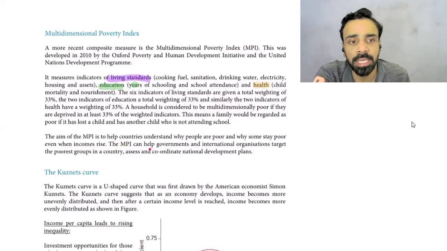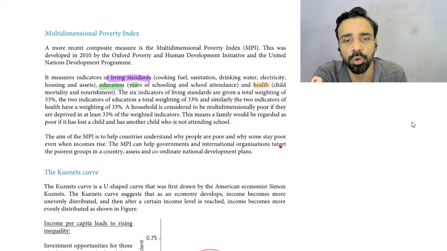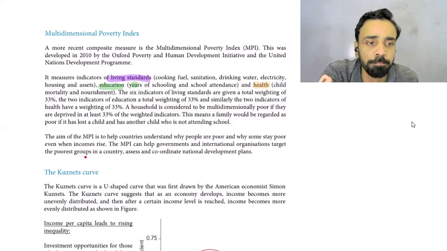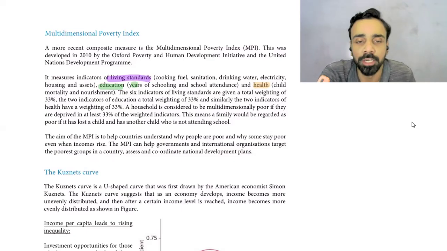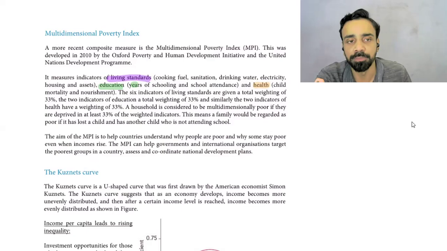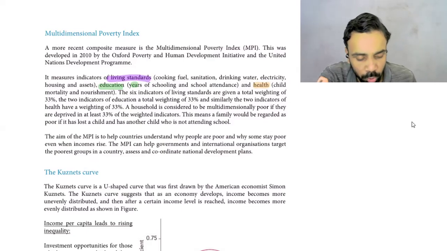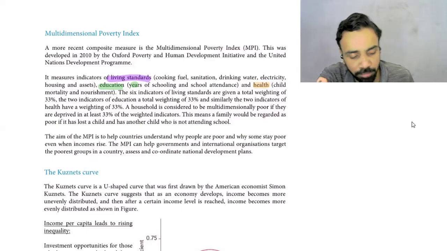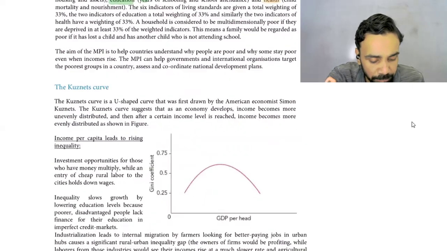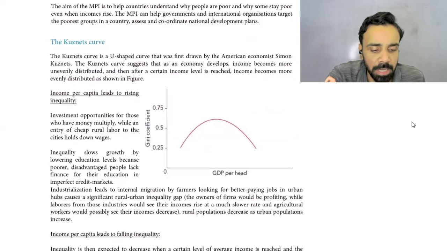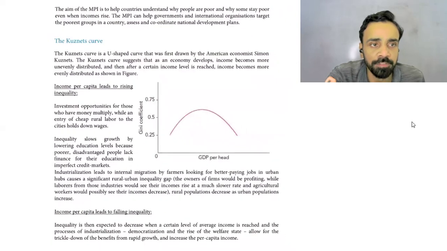So MPI can help governments and international organizations target the poorest countries, and then they can create or coordinate plans to help them in a particular way. Okay, so that is an important one for your essay. This entire paragraph is important. You should know that. फिर उसके बाद जब हम आगे और further जाते हैं, so we have this discussion of